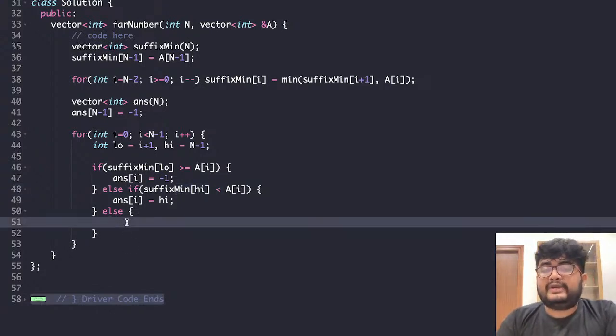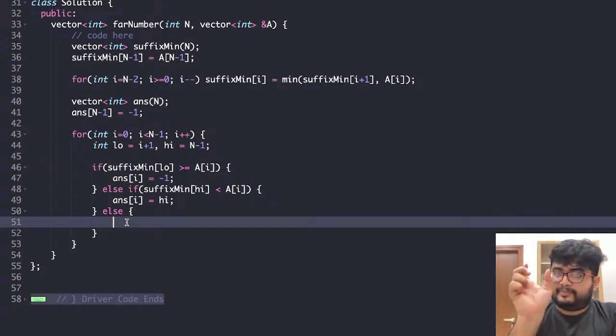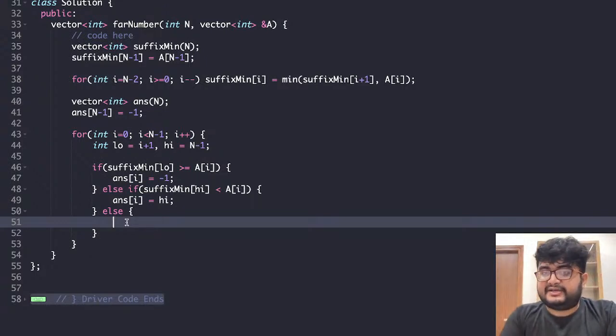So basically what we do is we always make low point to a true or valid solution, high is pointing to an invalid solution, and our work is to bring them nearer such that low is pointing to the last valid solution, high is pointing to the first invalid solution. That's what we do. So while low less than high minus 1,